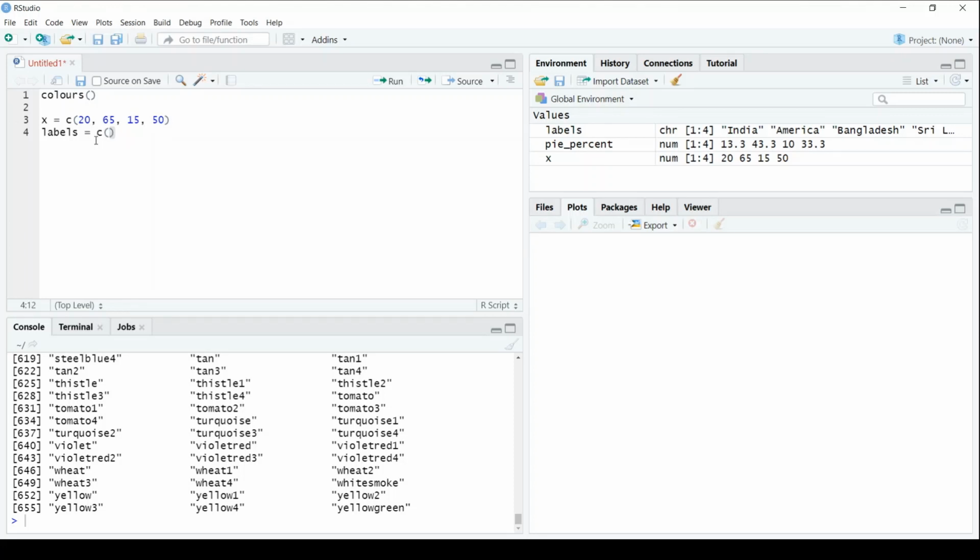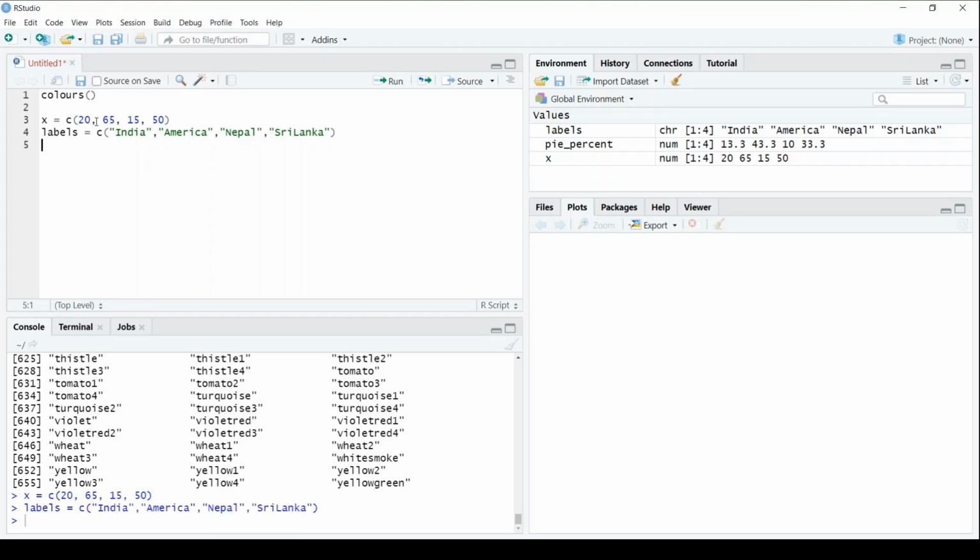We'll display the different countries. Right, so these are the vector and labels. Now I'll load this first. It's loaded into memory.